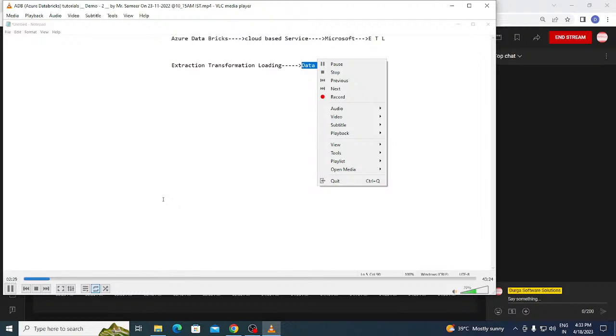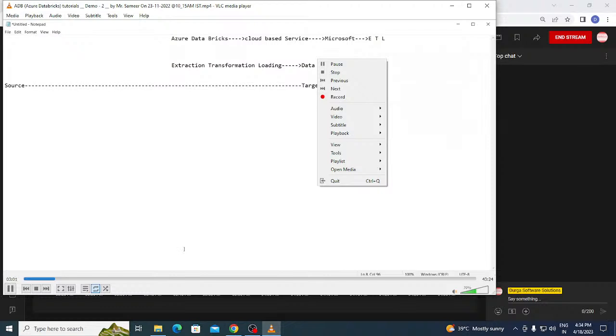For the process of ETL, that is extraction, transformation, and loading, we require the following. First of all, we require the source. Source means the source of data. And then we require another one as a target. So the first thing is a source and the second is a target.